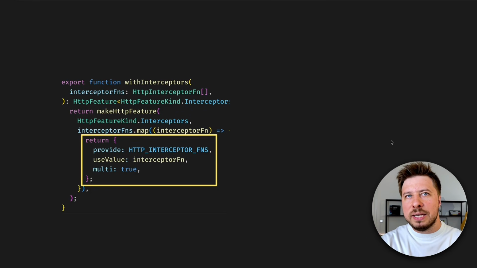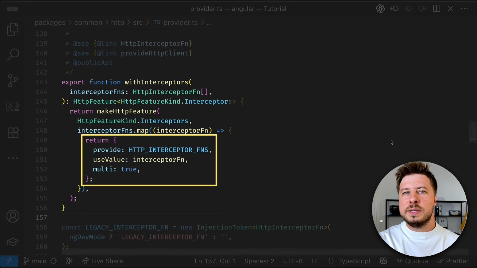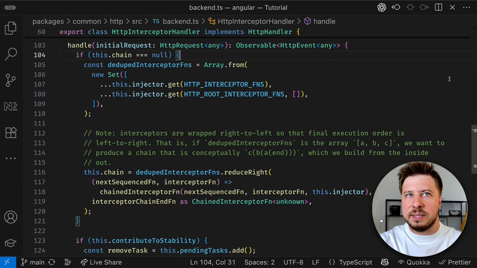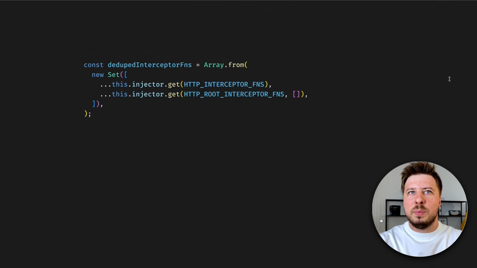So by injecting this token, you get an array of all registered interceptor functions within the injector where they are provided. This is exactly what the HTTP interceptor handler does inside the handle method by injecting this token from the